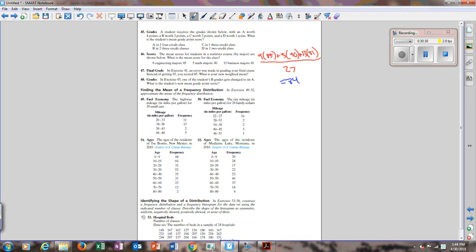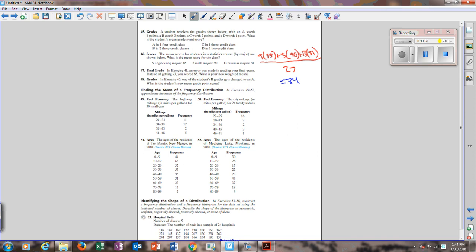All right, number 48 says in exercise 45, one of the students' B grades gets changed to an A. What is the student's new mean grade point average? That would mean that we had to do 45, so we can skip that question because I didn't make you do 45 yet. Number 50